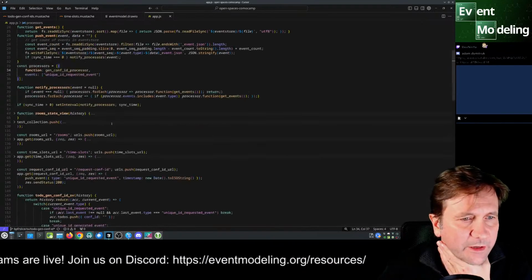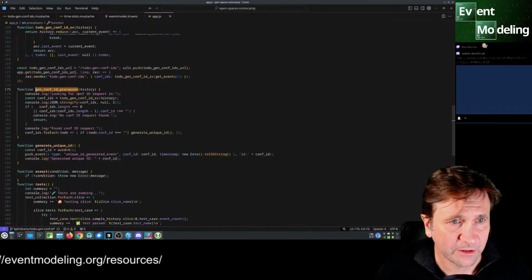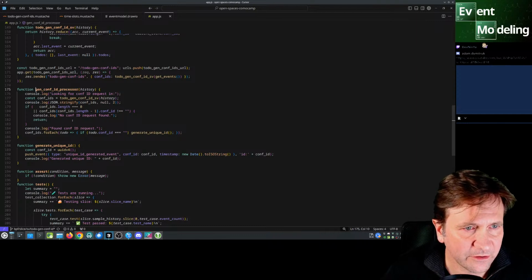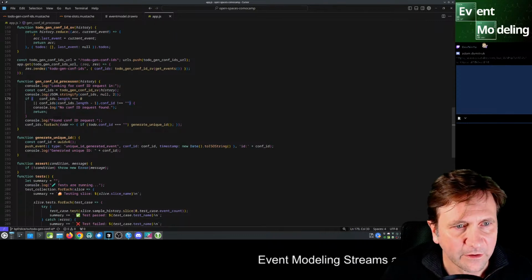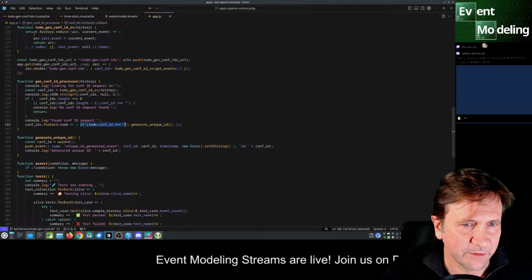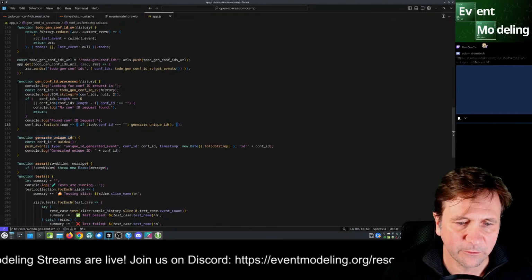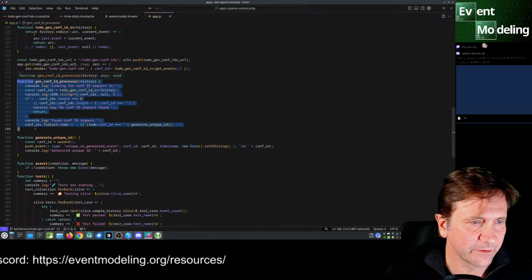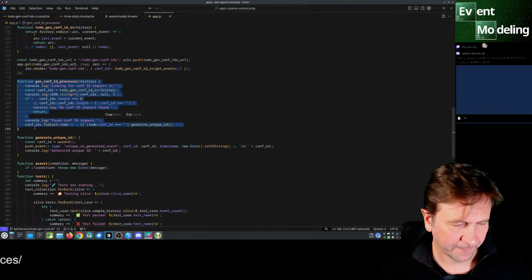And what do we have? Our processor, right? So we have our conf processor here. So control click on this. And then this is how this processor looks for things that haven't been done yet. So this is where we have our if statement, the important if statement that kicks off the blue part, the blue command. So we can take all of this here, copy that, and